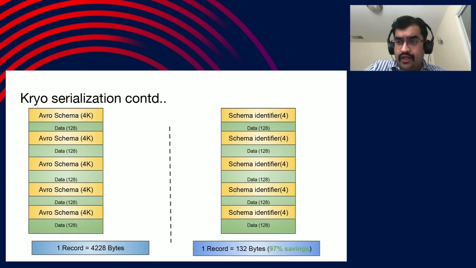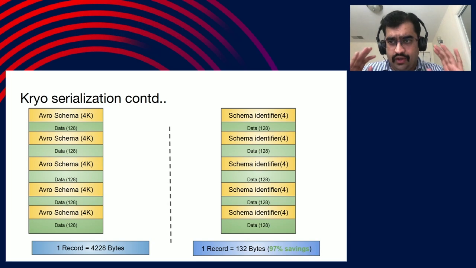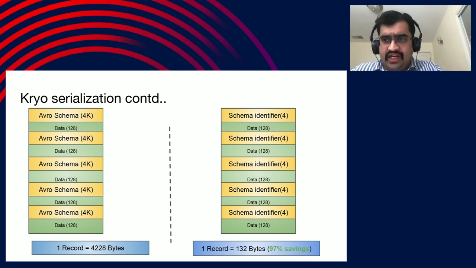So now let's look at the Kryo serialization stream without schema added into the config and with schema added into the config. On the left side, we have not added the required schemas into the config. So this is how the Kryo serialization stream will look. What Kryo does is, it will write the schema for every record written to the Kryo serialization stream. So let's say you are writing that to disk or sending it over the network. This is how your serialization stream will be.